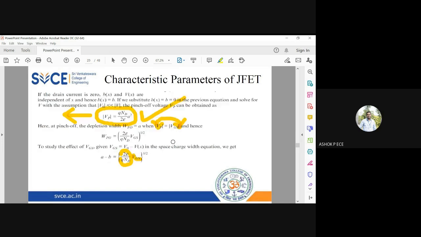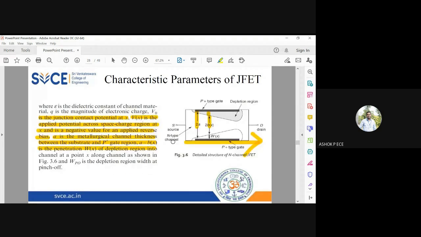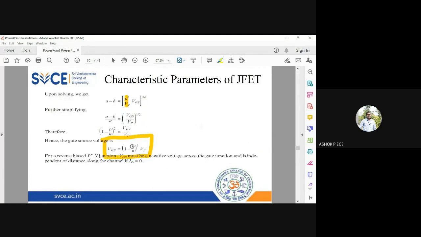B is equal to 0, what does it mean? The depletion layer width is uniform. A and B are the same. So B is 0 means effectively this depletion layer width is merging with the actual depletion layer. When you put B equal to 0, you get VGS equal to VP. Okay, so when you are going to make the drain current 0, I told you there is only one possibility, by making your VGS more and more negative. So if you make VGS more and more negative, then your ID will be